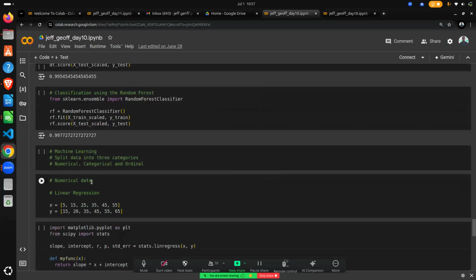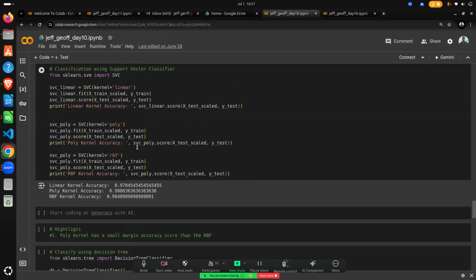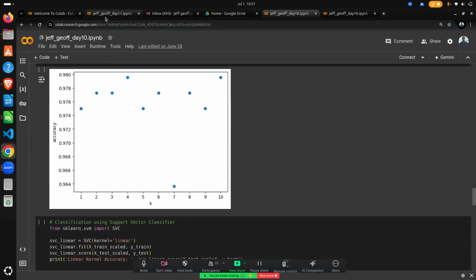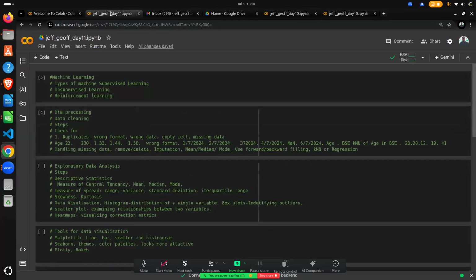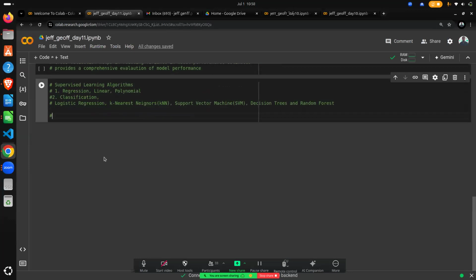Confusion matrix. So we are trying to look at it in terms of the linear, the poly, looking at its accuracy. Let me get back here. Now you can do what we call model evaluation. Model evaluation. Now, for you to do model evaluation,